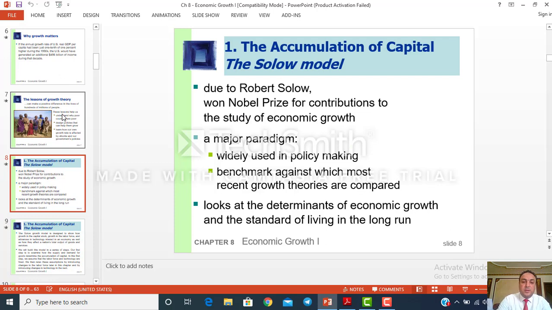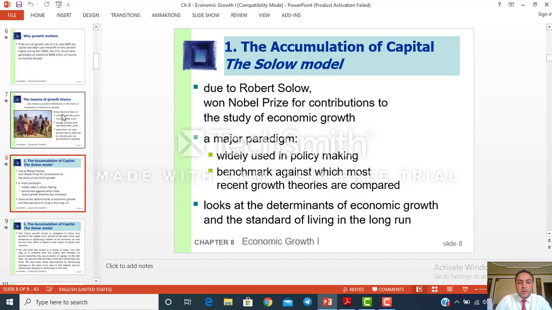First topic in this chapter, the accumulation of capital, the Solow model. We have three topics. We will start with this topic today, and the other two topics in this chapter will be next lesson, inshallah. So, due to the scientist Robert Solow, a Nobel Prize winner, contribution to the study of the